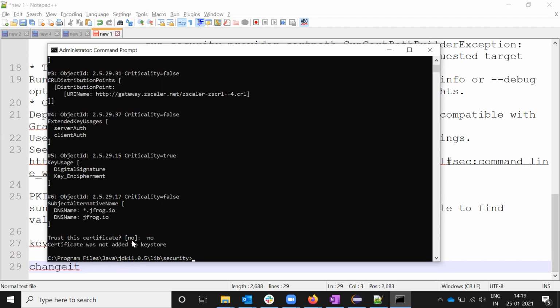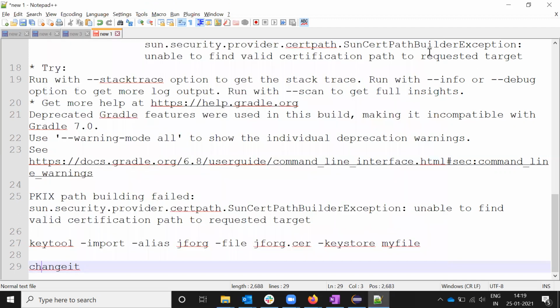Right now I gave no, so it says the certificate was not added to the keystore. If you give yes, it will store it in the keystore. Then restart your Eclipse and restart your system. Then you will get a valid certificate, and you will not get the unable to find valid certificate error message.